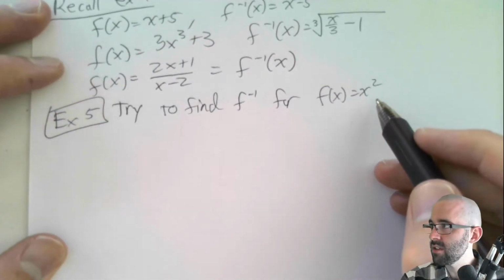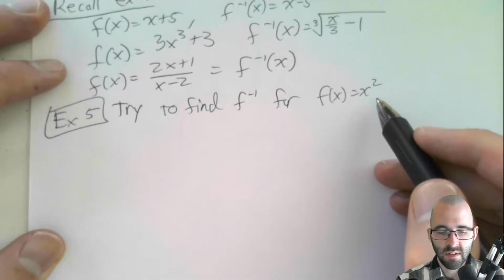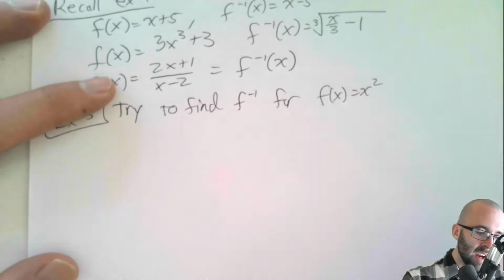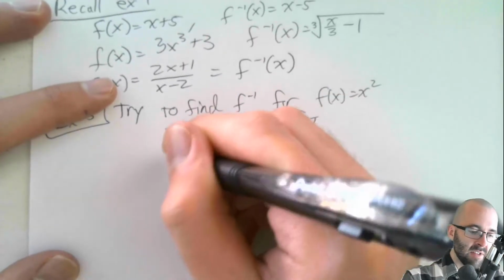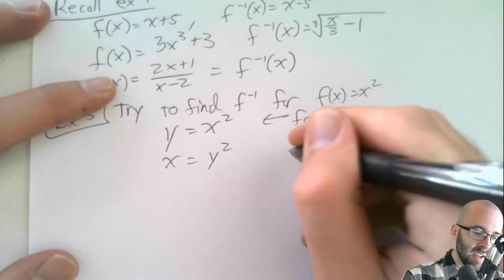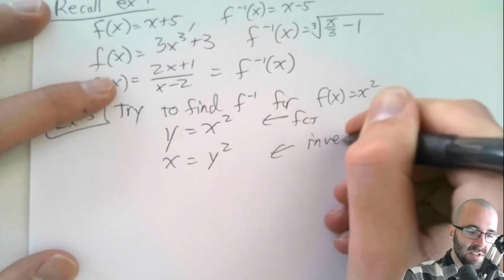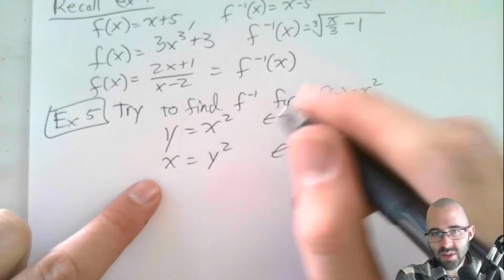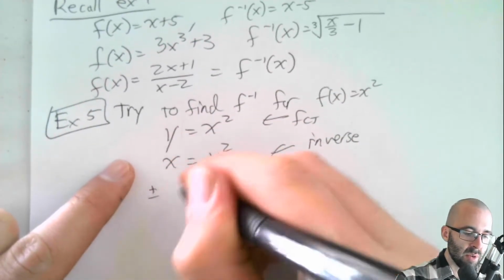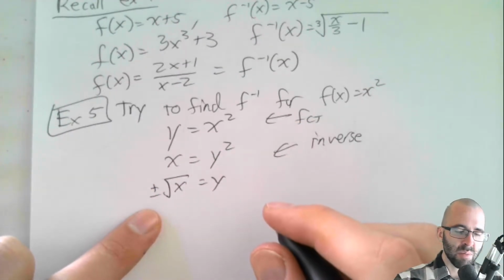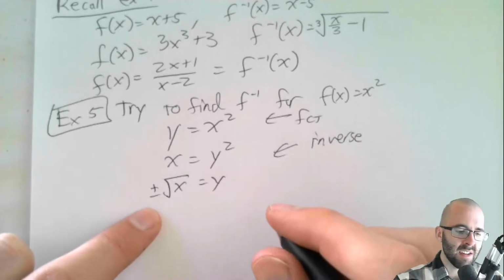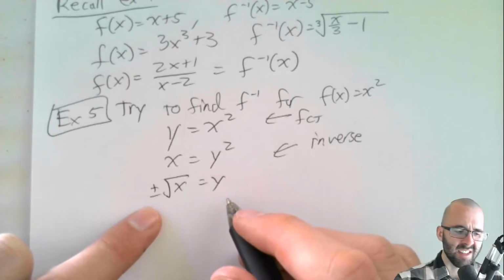This is a toolkit function. Well, if we do that, we say, okay, y equals x squared. That's our function. Find the inverse. Let's switch the x's and y's. And let's solve for y. So we square root both sides and use the square root property. But when we use the square root property, we get plus or minus. This is not a function,